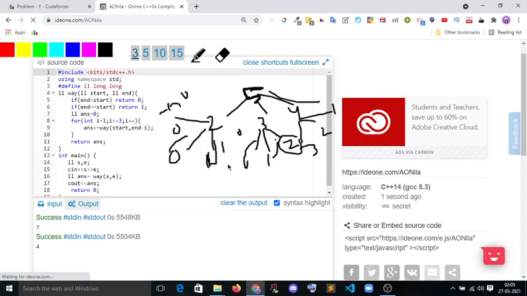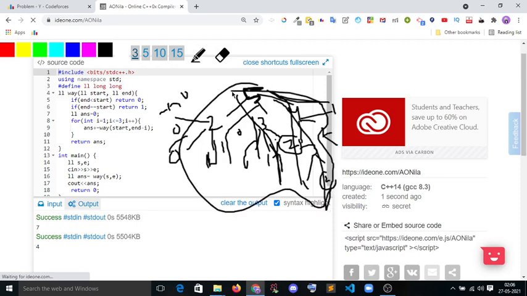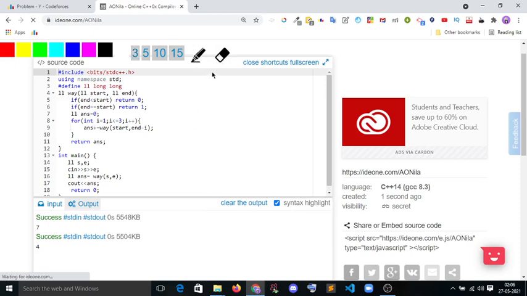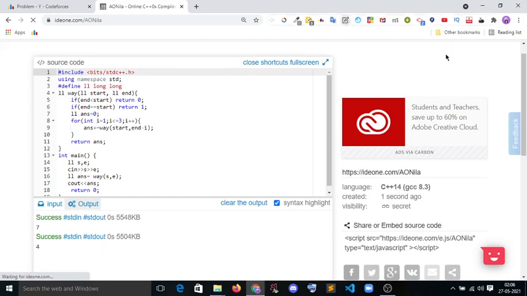Actually, find 3 paths. This is one path, this is second path, this is third path, and again this 3 will give 1, this is the 4th path. This 2 also gives the same, 5th path, and this gives 2, again 6th path, and 3 also gives 2 again, and it is the 7th path. So there are 7 paths. You can check it even if you want, how you find all paths. Okay, it's a tree structure, and let's try to submit this.